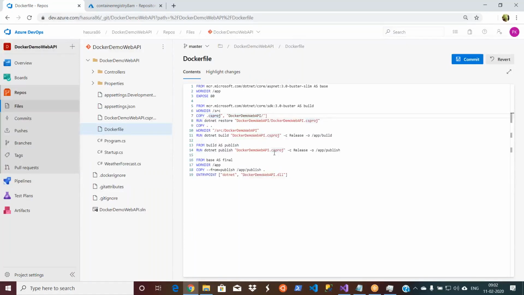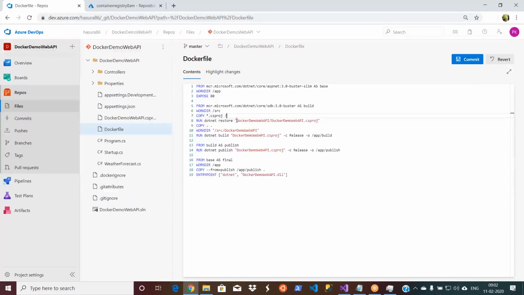I'm saying we can say star as well, or dot, because I only have one project. And for copy, you don't need this comma, because copy takes source and destination. I don't even mention Docker demo web API. I simply say slash, copy it somewhere on the image. So copy your CS project to some code.